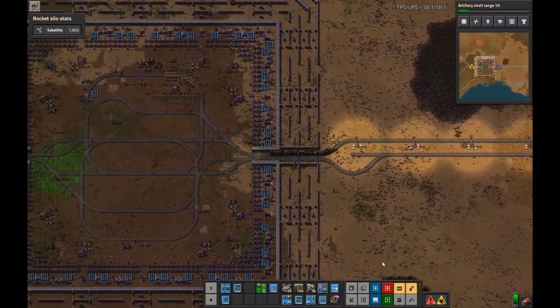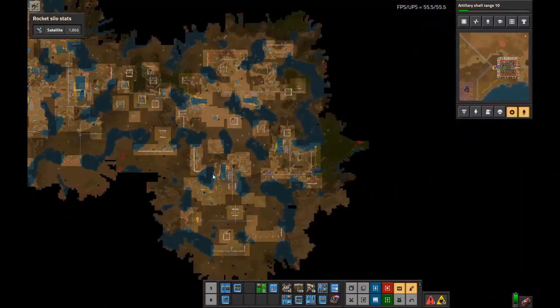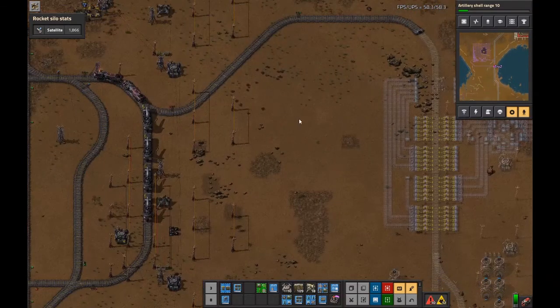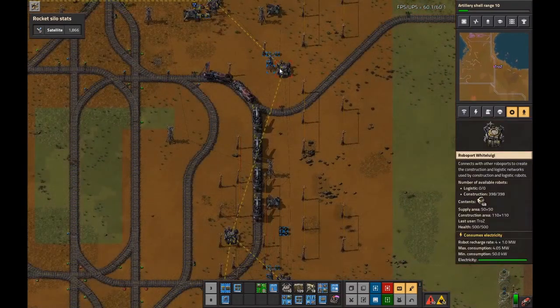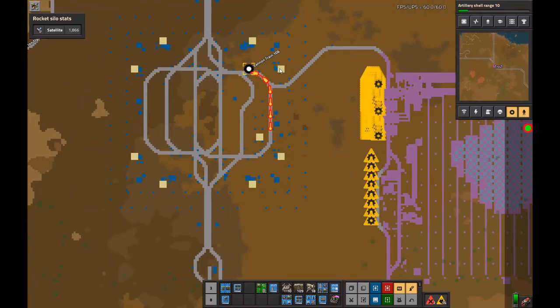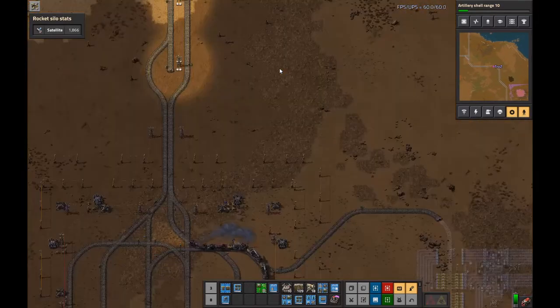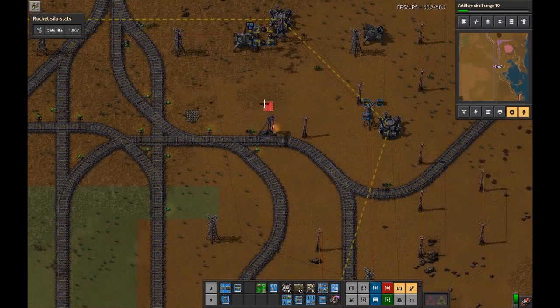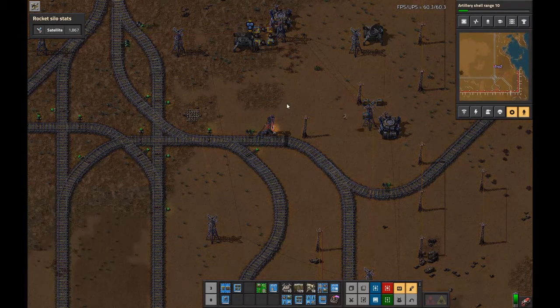Okay, a few of that is because, well, over here, part of this blueprint is in the area of this old cannon train, which I somehow didn't actually remove the station from. Let's do that now. We don't need...